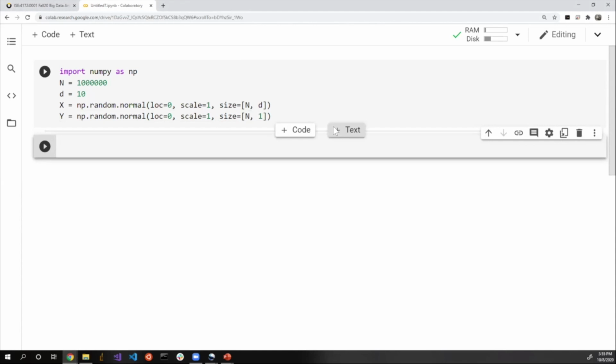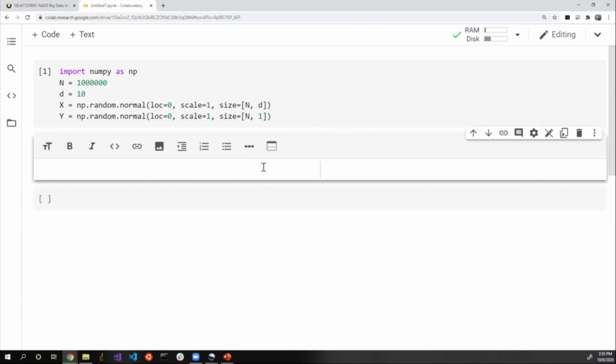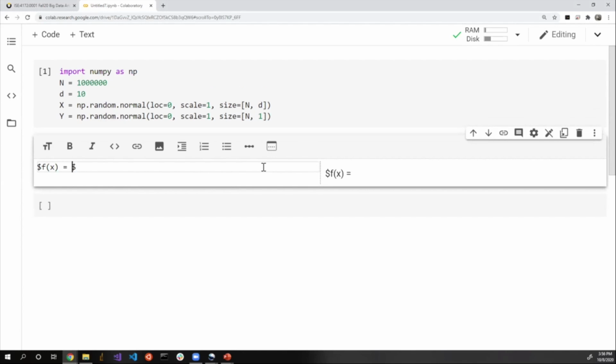Now, after that, first of all, let's begin with the gradient descent algorithm. To make it easier to track down what we just discussed, we have the function, and you don't have to type this. I'm just putting it up here to make it easier for you guys to memorize. So the function f is what? It is x times w plus b. Or to make it a little more specific, we have a total of 10 dimensions. So that's going to be x1 times w1 plus x2 times w2, and then dot, dot, dot,